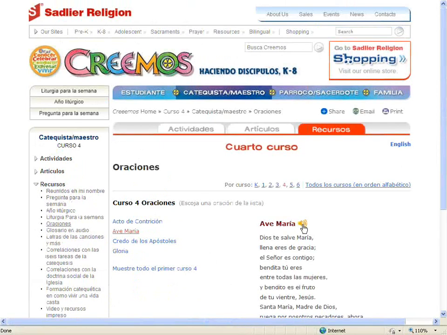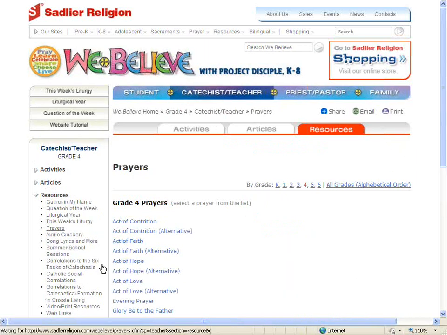So here it is in Spanish. I'm going to click this little icon. Ave María. Dios te salve María, llena eres de gracia. El Señor es contigo. Bendita tú eres. So you see that we have it in Spanish, but if I go in,